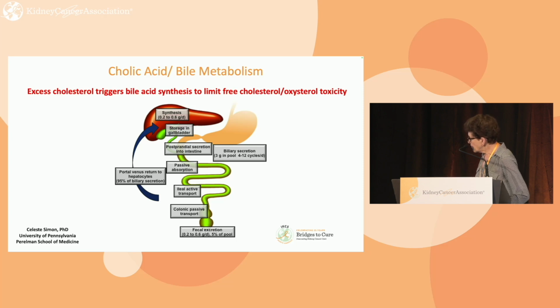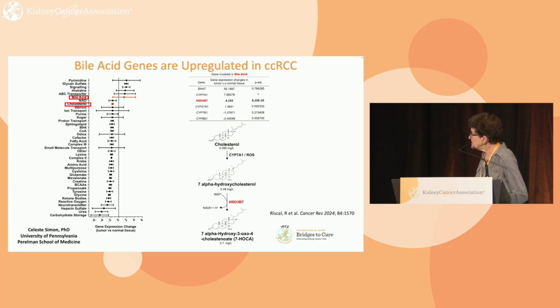And so we interrogated our own patient samples and many other databases, and we noted that the bile acid synthetic machinery, in particular HSD3B7, is consistently overexpressed in hundreds of tumors that we have interrogated. And again, this is the enzymatic reaction that it metabolizes to avoid a buildup of toxic sterols such as